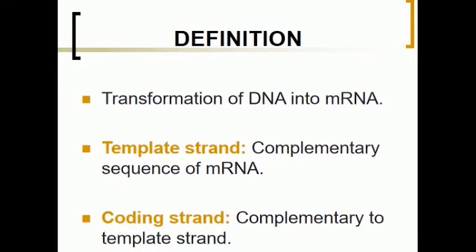So the template strand is complementary to the RNA sequence. DNA has 2 strands. One strand acts as the template strand on which new RNA is synthesized, right? The other strand is definitely going to be complementary to the template strand, so it is similar to the RNA that is synthesized, except that instead of thymine, uracil will be present. That is why the complementary strand to the template strand is called the coding strand. Have you all understood what a template strand and a coding strand are?